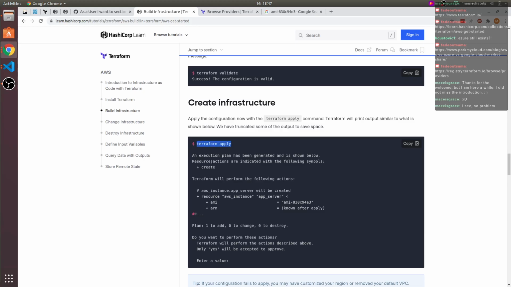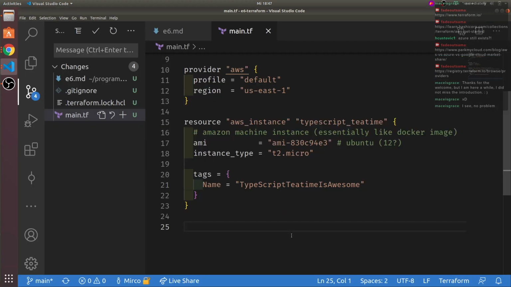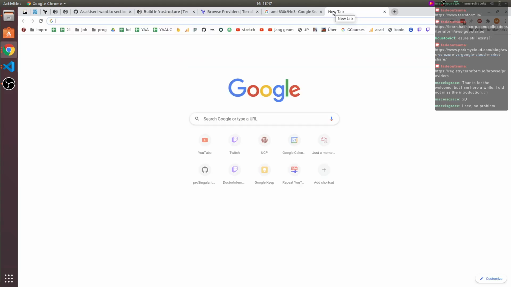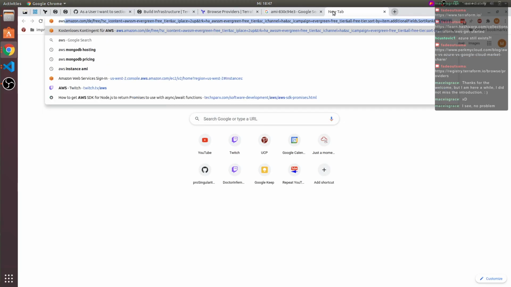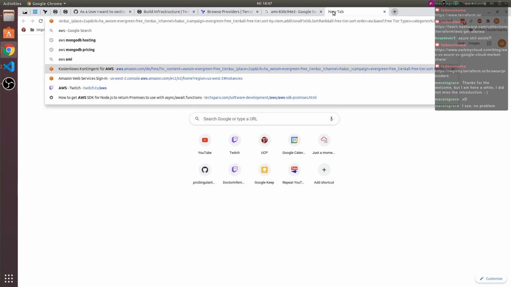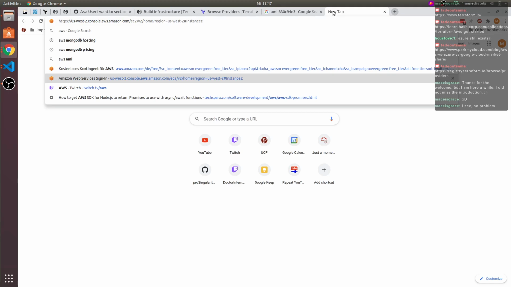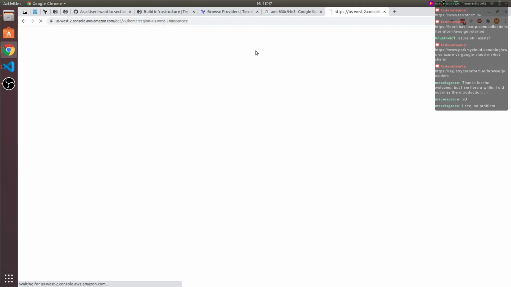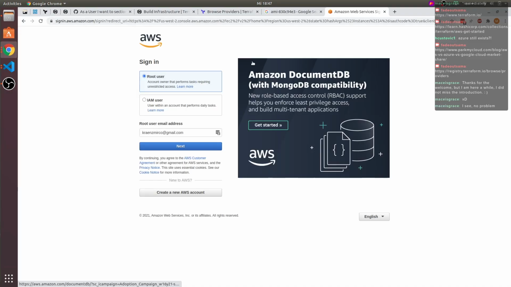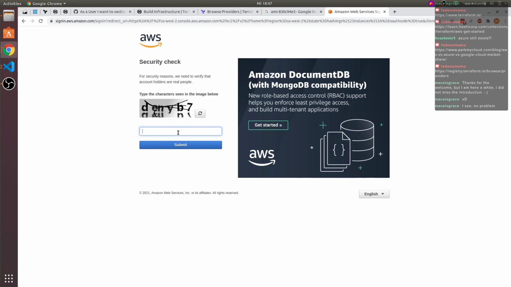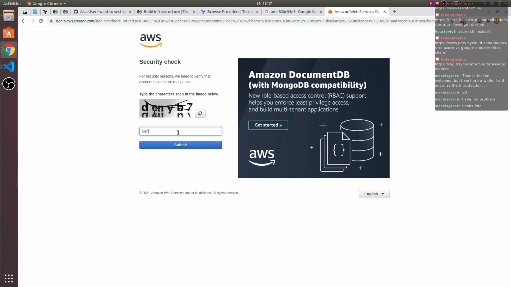Yeah, right now. So far things are clear, because now I need to log into AWS. US West, not, but whatever works. I do want to log in as root user. Oh man, captchas.